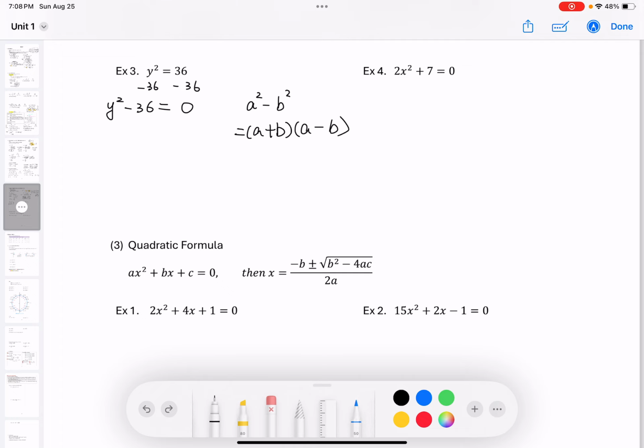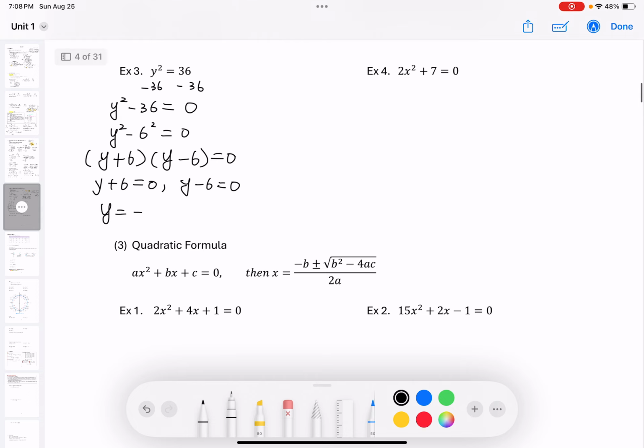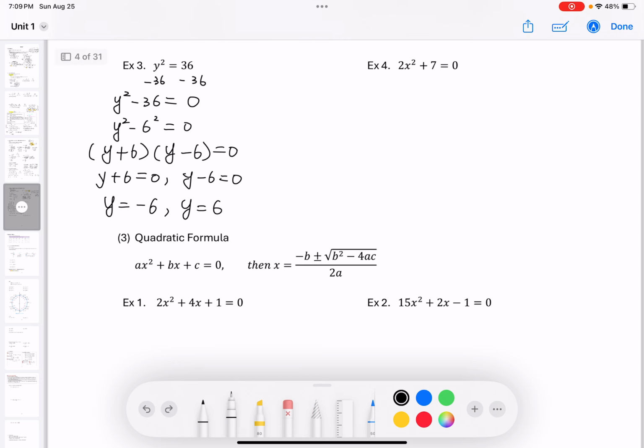That means we can rewrite 36 as 6 squared is equal to 0. So we have a plus b: y plus 6 times y minus 6 is equal to 0. So y plus 6 is 0, y minus 6 is 0. y is equal to negative 6, y is equal to positive 6. We have two solutions. But some of you say, teacher, I can use another method, way 2, because we learned